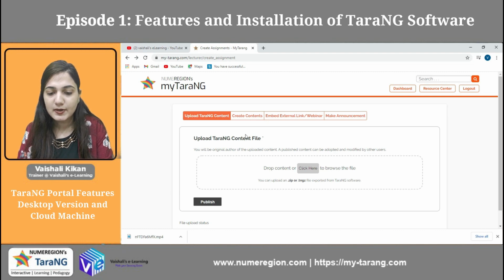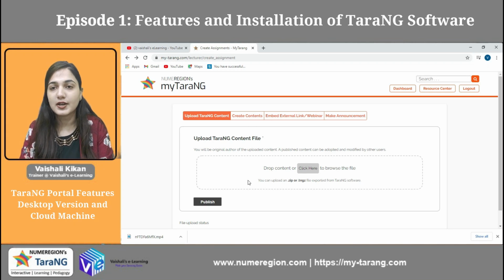Then you can publish. This is how you can put any content which you want to share. Whatever you want to share with all of the students together, you can put it here and go to the publish option. It will directly go to all of the students through email.